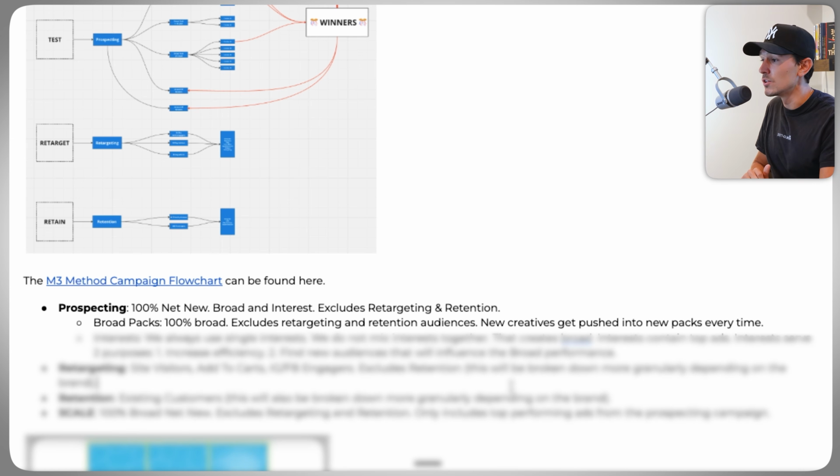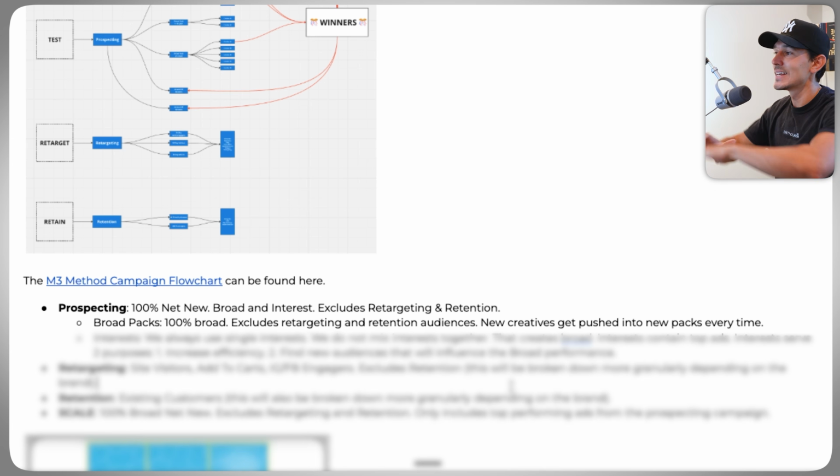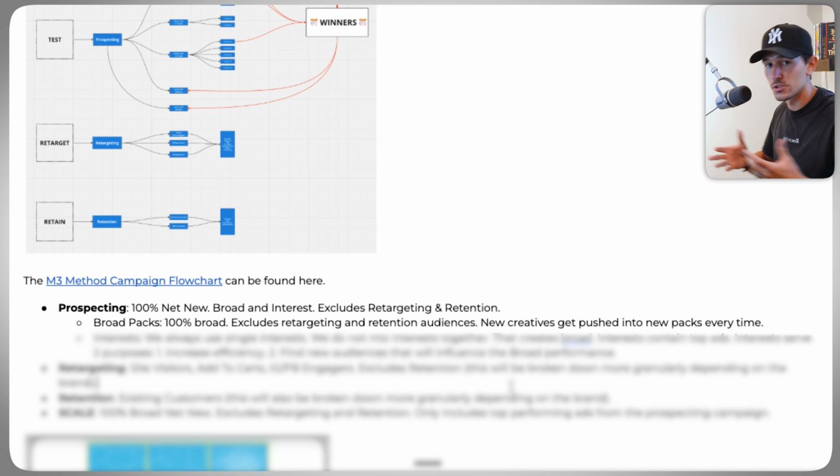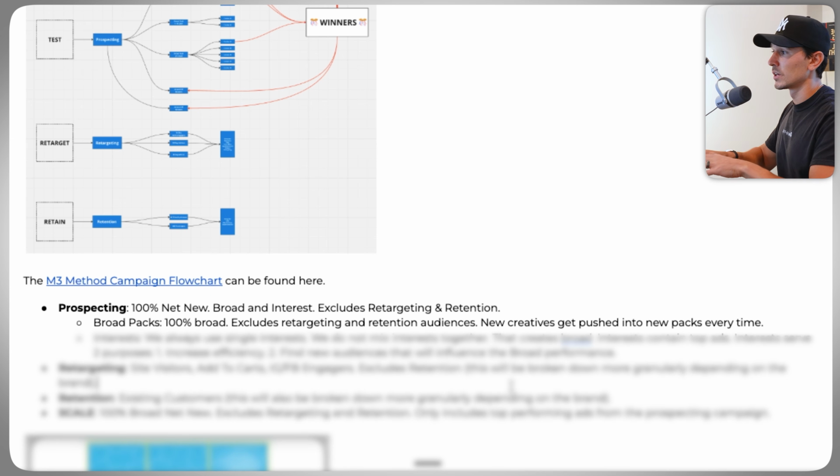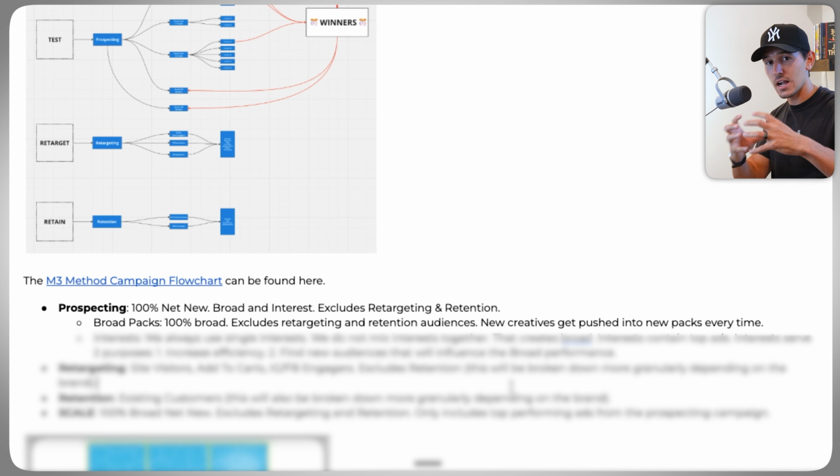Now, the key of this is that new creatives get pushed into new packs every single time. And this works so well because we don't interfere with the algorithm every other time like 95% of other campaign structures and strategies do. We are not interfering with any sort of learning phase, which I could debate a little bit. We are also not interfering with any ad set learnings, campaign learnings. We are just creating a new pack of an ad set. And the only thing that we're tweaking a little bit is if that pack of an ad set is better, is more successful, then it will get more spend.